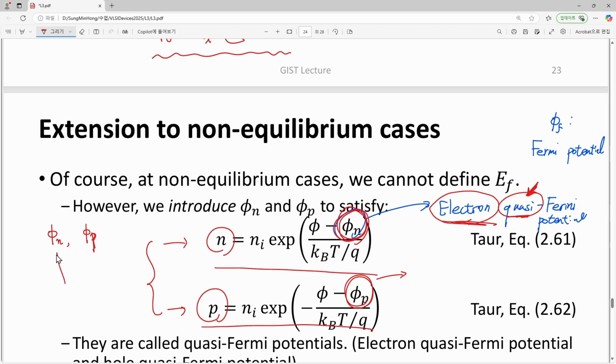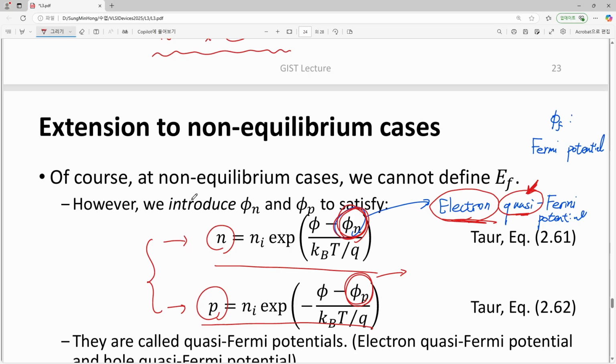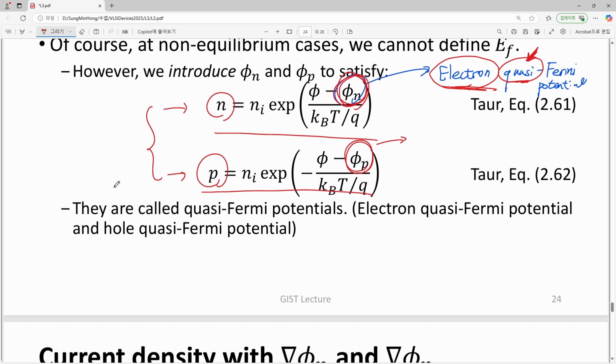Then how can we know this phi_n and phi_p? Actually, this does not introduce any further information about our problem, it is just a specifier. However, that is quite convenient, so we will love it. So these phi_n, phi_p are called quasi-Fermi potentials. For equation 2.61, we must introduce the electron one, and for the other one for holes, we need to introduce the